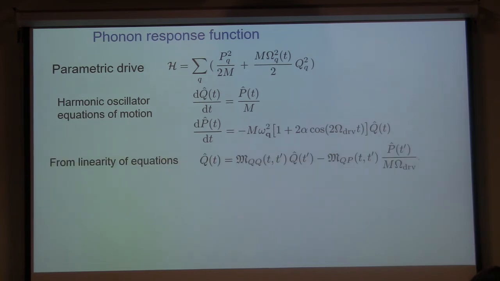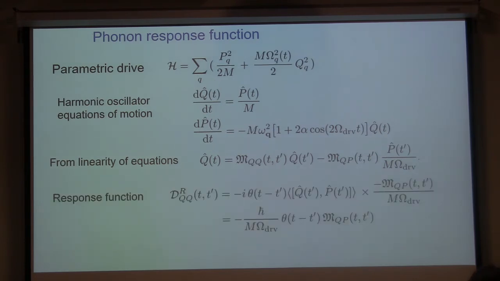What we know for this linear equation is that we can always relate the displacement at a later time to the displacement, or let's say momentum, at earlier times through some kernel. These kernels are determined just by the equations of motion. Remember that in linear equations, the relation between the initial position and momentum and the final position does not depend on the initial state. This is determined entirely by the time-dependent Hamiltonian.